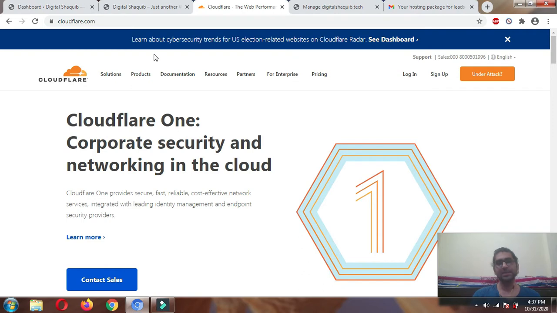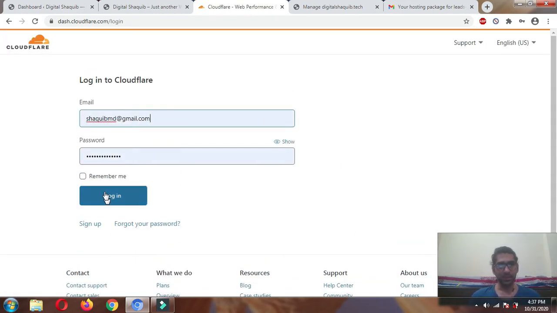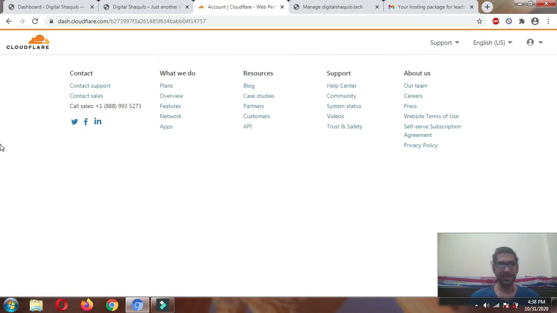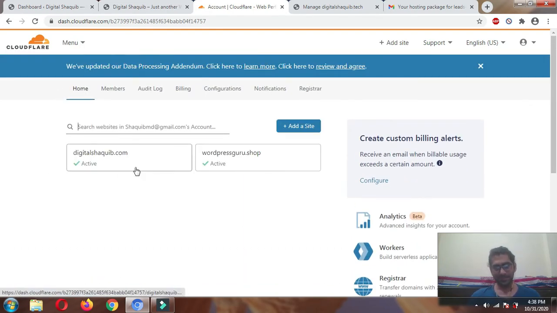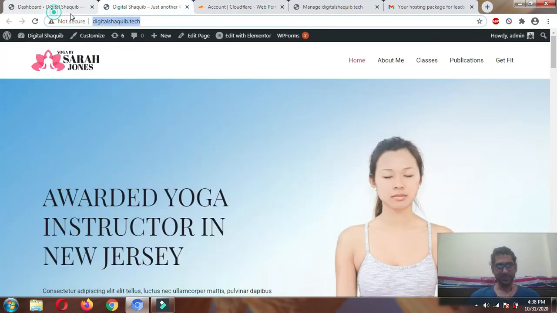We begin with our first step, integrating our WordPress website with Cloudflare. Go to cloudflare.com and sign up for a free account. As I have already signed up, I'll log in. I use Cloudflare for all of my websites, and you can just log in with your username and password. If you don't have an account, go and sign up. I have already added 2 of my previous websites to Cloudflare, but this is a new website, a new domain. So what I'll do